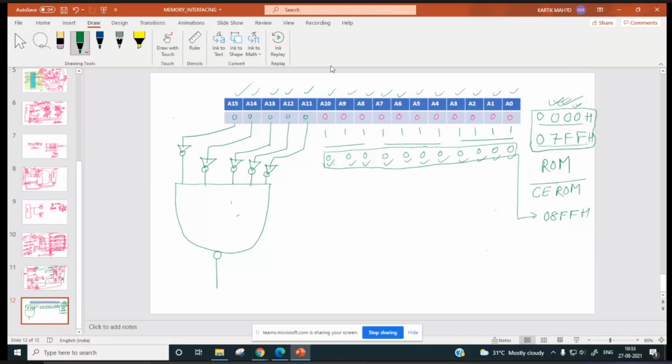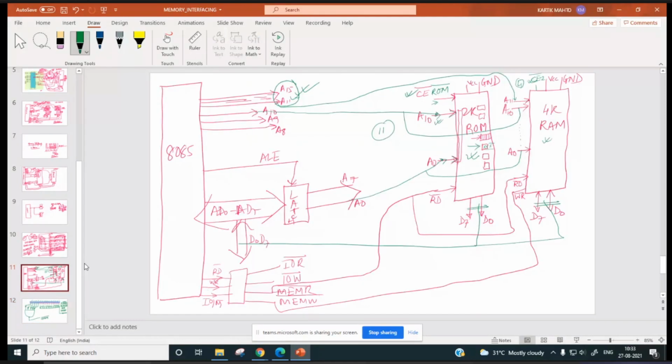This will be our CE ROM, and this CE ROM has to be connected over here. So these will be properly decoded and will select this.